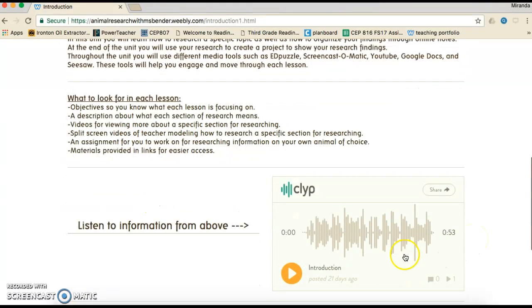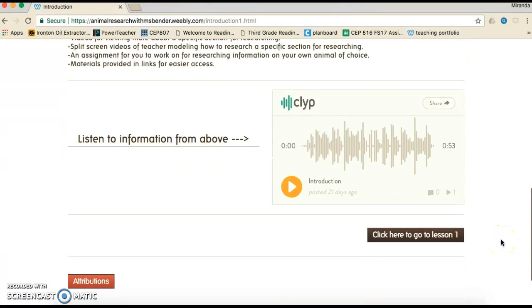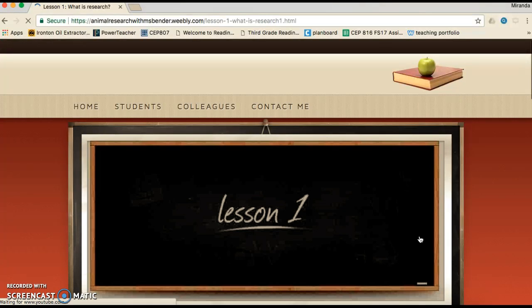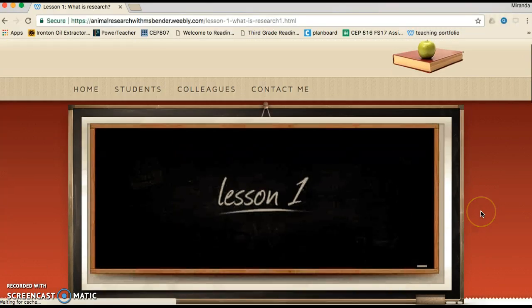And then there's a recording here for students to listen to if they're struggling readers or this is too much text for them or hard to understand. They can go ahead and listen to it here to get that same information. And then there's a quick tab right here for them to click on to go to lesson 1. And then it is easily viewed right here that it is lesson 1, so they know they're on the right